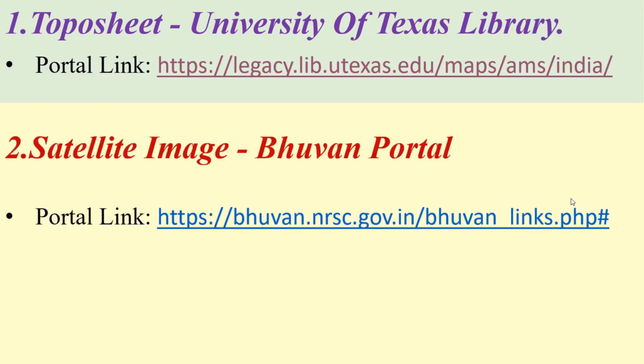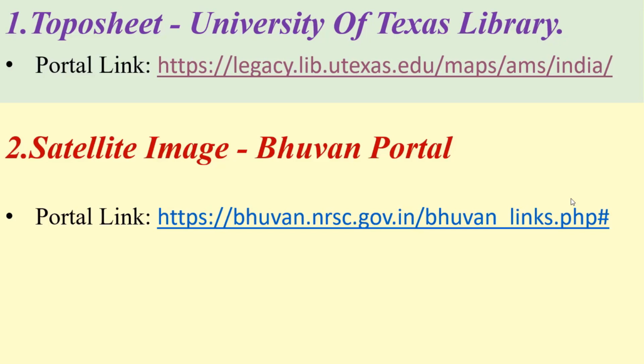The second one is satellite image collection from Bhuvan portal. Indian Space Research Organization has developed web-based mapping application called Bhuvan in August 2009. This portal provides several spatial data of country for different time periods. Registration is necessary to download data from this portal. The web link for the page is mentioned here. You can use it to go to the web page. It is advised to go through the web page and surf in detail to understand the various information available in it.